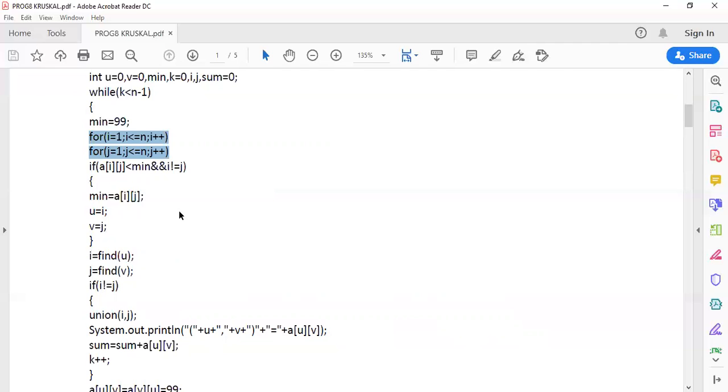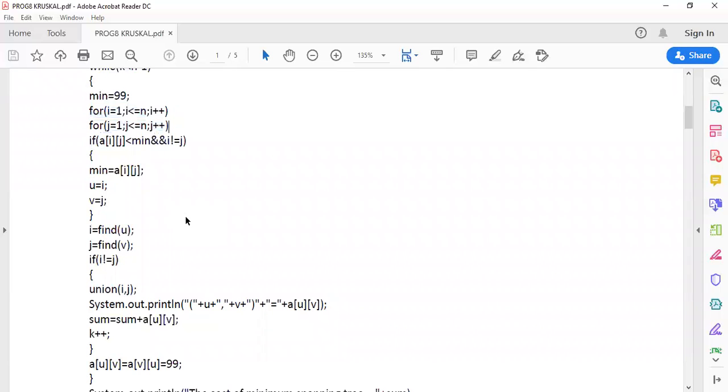And while adding, one more condition you should check is that it does not form a cycle. While adding the edges to the minimum spanning tree, you should not get into a cycle. In such a way, you should add the edges to the minimum spanning tree.